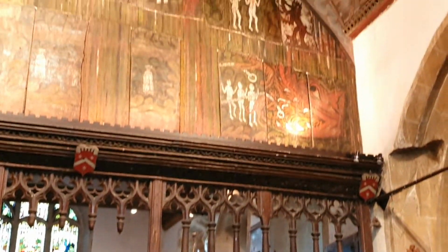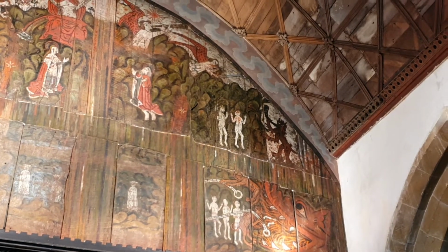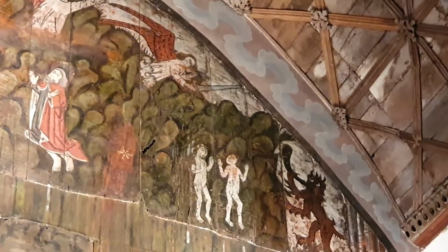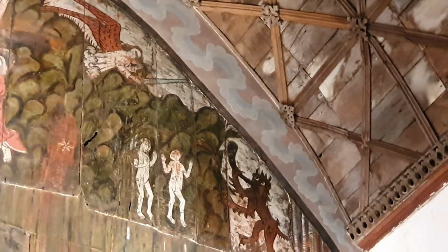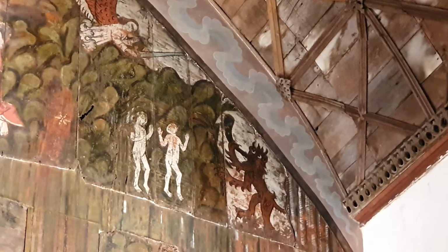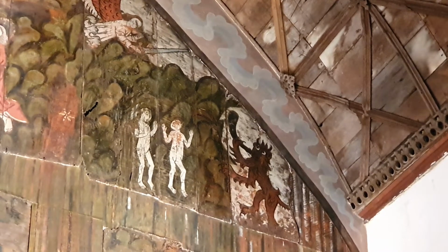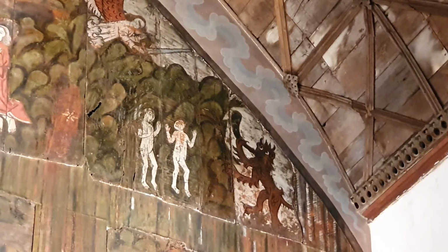And what I love about this doom board is you have an answering trumpet from the devil, from the demon on the bottom right, blowing. It's almost blowing a raspberry in return. The book of Revelation makes no reference to demons blowing trumpets, but this is also good news, because at the top right, the two figures,